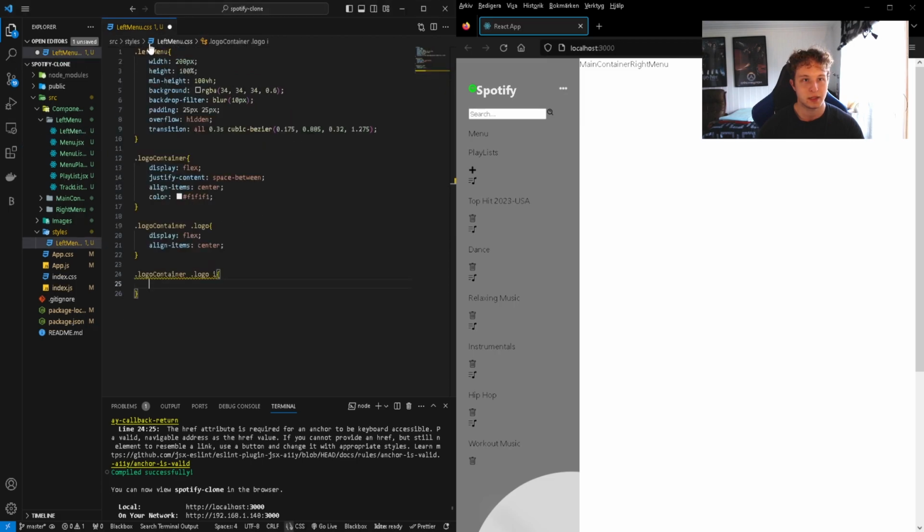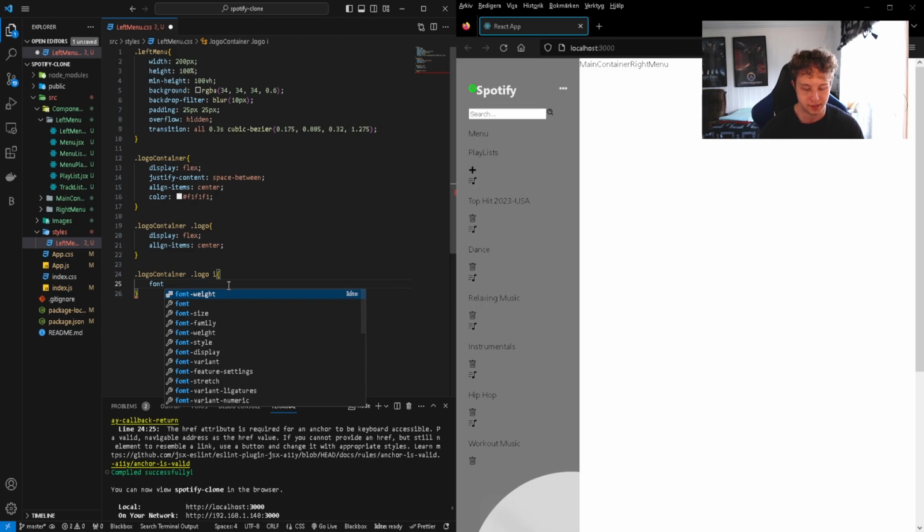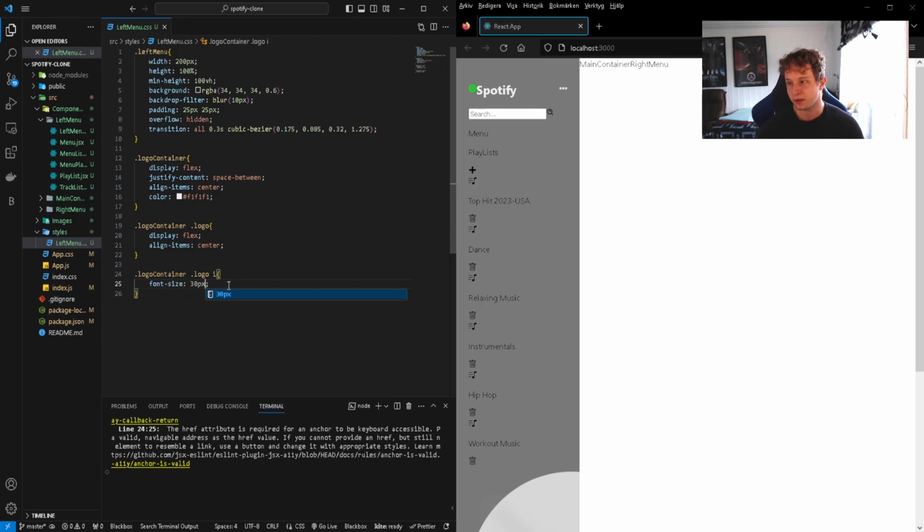So let's go back. And in here we just want to add a font size so the icon gets bigger. It's going to be 30 pixels. Let's go. And as you guys can see, the icon here is actually bigger. So that's great. Nice. And now we want to style the H2 tag, which is essentially the Spotify